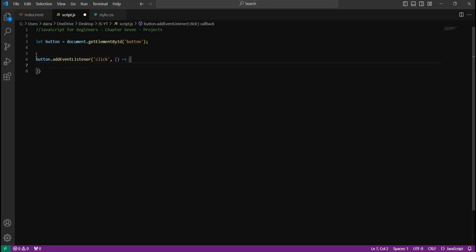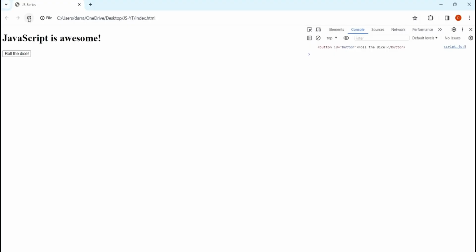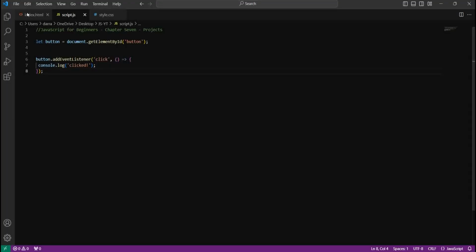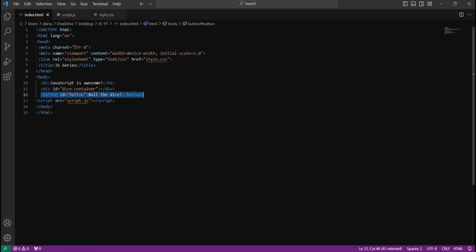And now when the user clicks on the button, we're just going to log out "clicked". The reason I'm doing this step by step is so it's easier than writing out all the code, and if it doesn't work, we're trying to troubleshoot and find out where we went wrong. So we've added the button. We've used the document object model to grab it, because remember the button has an ID. Button has an ID of button. So we said